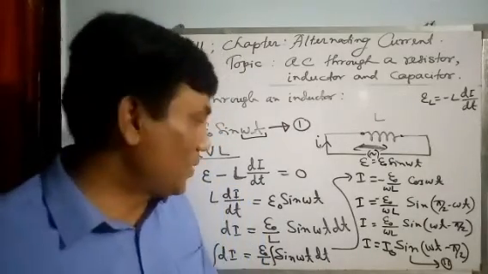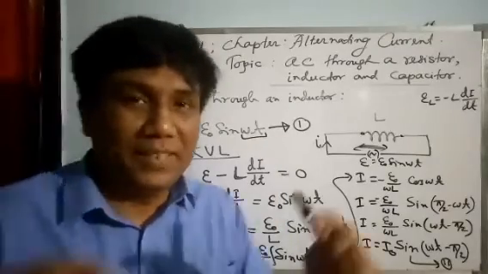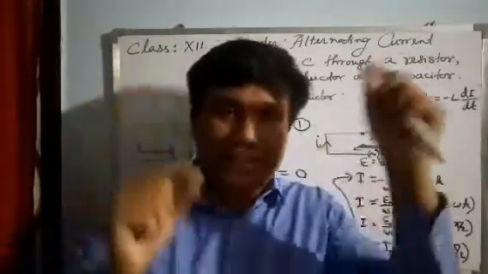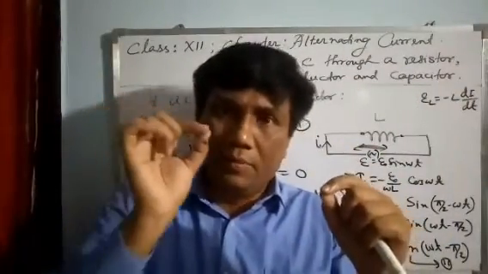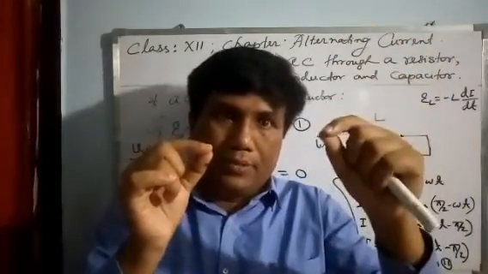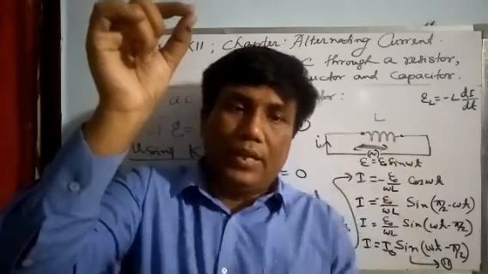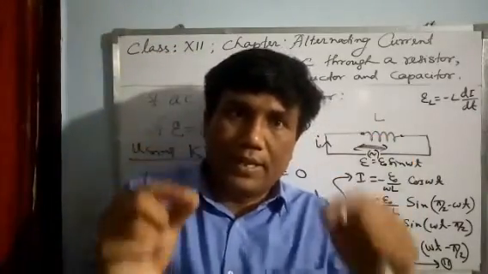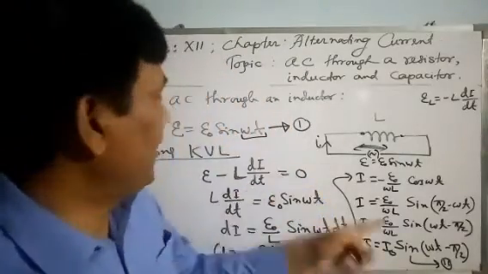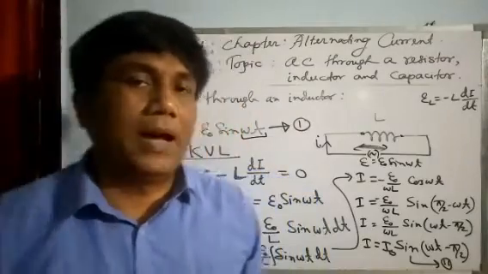And the reverse is also true. When current is 0, voltage will be maximum. Both are oscillating, na? But they are not in rhythm. Though the frequency is the same, when voltage is 0, at the mean position, current is maximum. And when current comes to the mean position, voltage goes to maximum. Then when current goes to negative maximum, voltage again comes to 0. Are you getting? I have given the example, na? Pi by 2 phase difference. So the phase difference between current and voltage is said to be pi by 2.